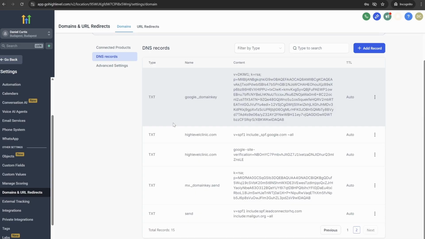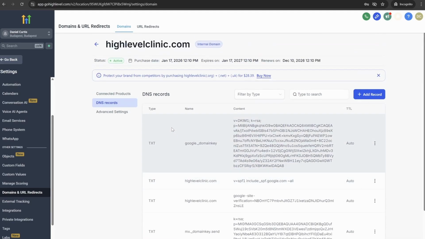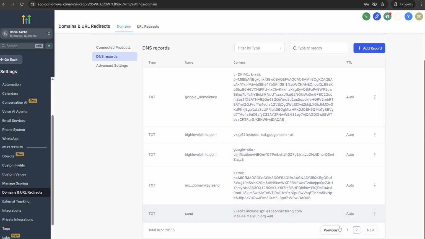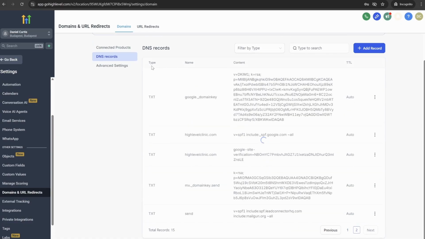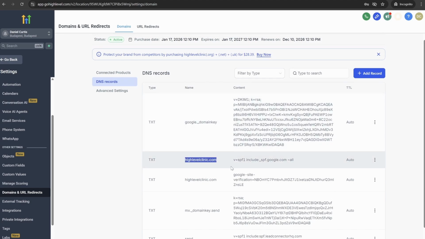Okay, cool. Just so you know, the thing we did right now, all of these domains, why there's 15 of them now, is that there's two parts to this whole thing. First of all, we have our regular sending domain, which is signaled by these @ signals. So this means we're talking about the root domain here, this HighLevel Clinic thing. And this is kind of what will happen when we just log into our Gmail and I'm sending from